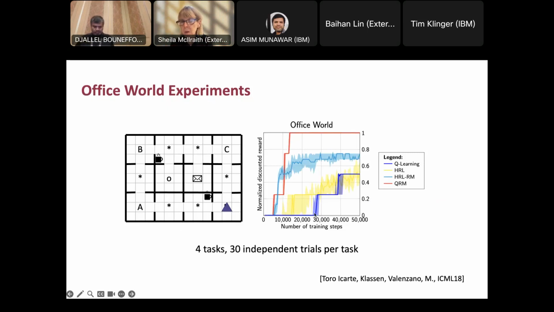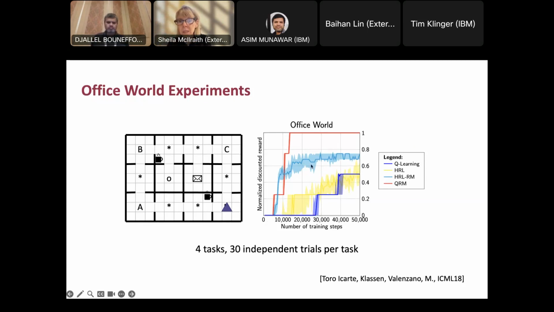Whereas Q learning with the cross-product reward machine, which should work better than just plain old Q learning, is still, after 50,000 steps, not even maybe halfway towards converging to the optimal. But remember, it is guaranteed to converge to the optimal in the limit. So somewhere out here, off of the page, it will eventually get up to that 1. But it's not very sample efficient. Remember, sample efficiency and expressiveness were 2 real challenges to reinforcement learning in practice.